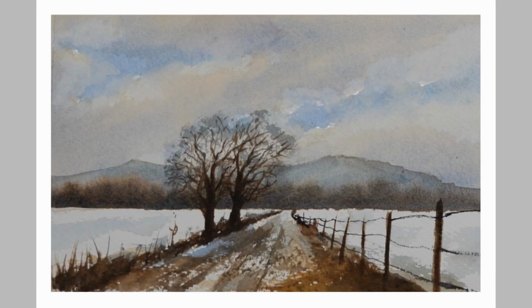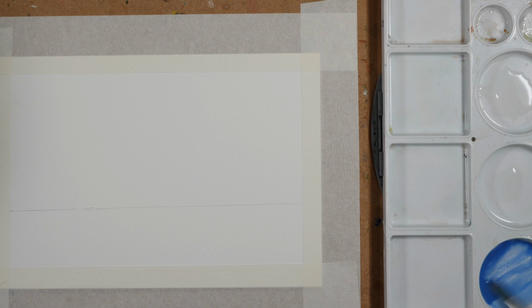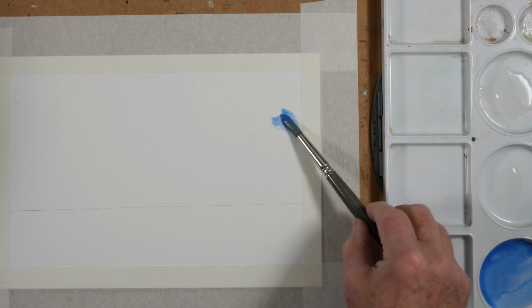So let me use this quick landscape sketch to explain what I mean about timing. This is Saunders Waterford 300-gram rough paper, and I'm working with my board flat. I've simply indicated a horizon line in pencil as a guide. And I'm going to start with the sky with a mixture of cerulean blue and cobalt blue, and I'm painting